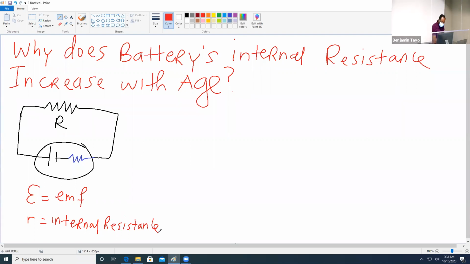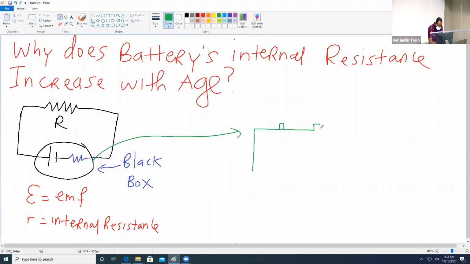Now, notice that when I'm looking at this battery here, I'm just looking at it as a kind of black box, right? But if you really want to look at the battery, then what you should do is take this battery and look at it a little bit more, then you're going to see something that looks like this. And this is the plus, and this is the minus. All right. Now, when this battery is connected to a resistor,